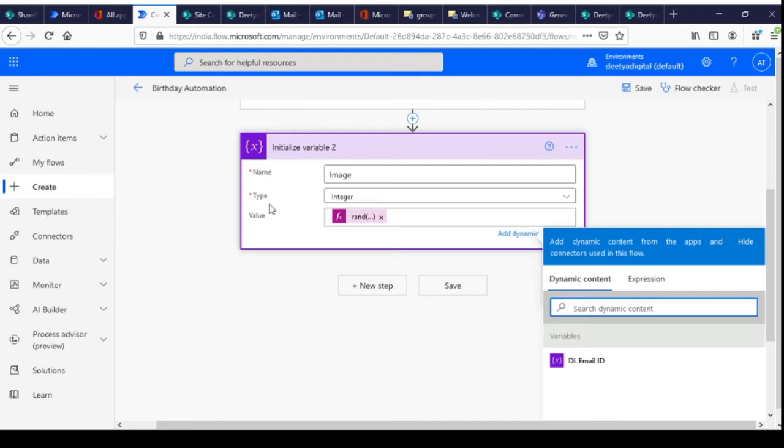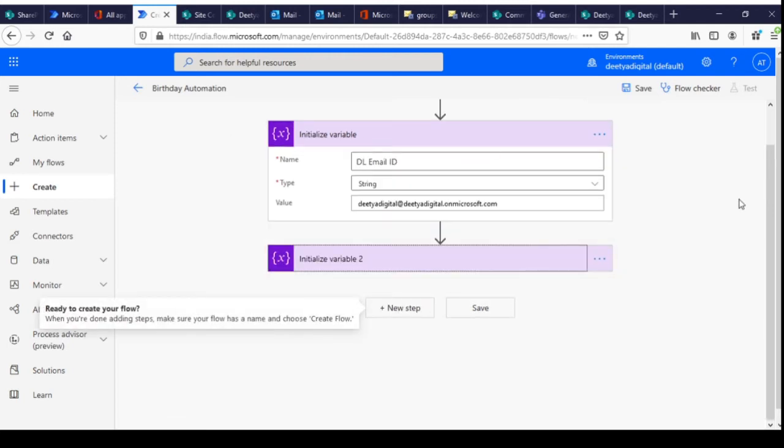This way you will get a random image in every email. It may repeat, so that's why I ask you to add more and more images in the image SharePoint list, so that you'll get a unique image every time and the repetition will be avoided. Moving on.